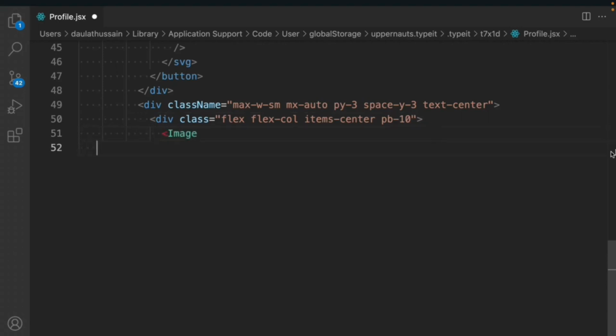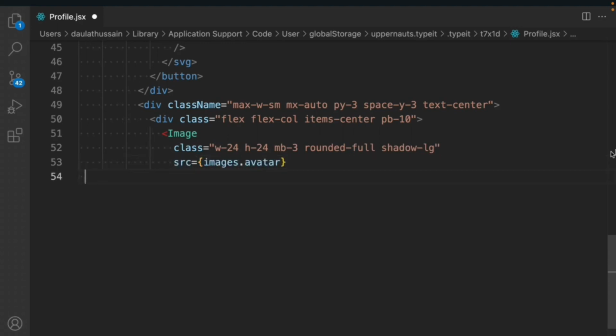It will have an image, and we have to assign the width classes, and we have to assign the source. So inside the image folder we have this avatar image which is given to you. We'll have this, close the image,